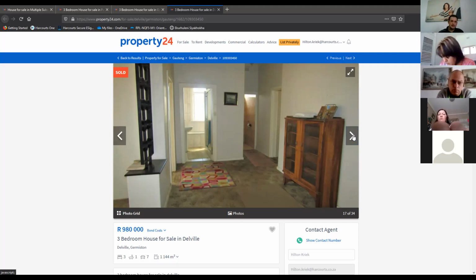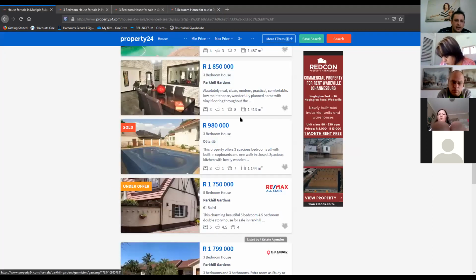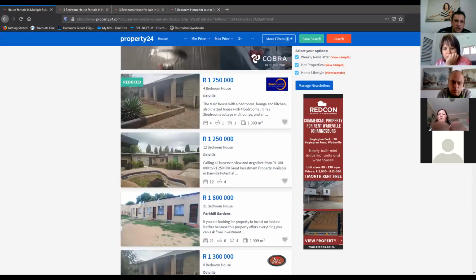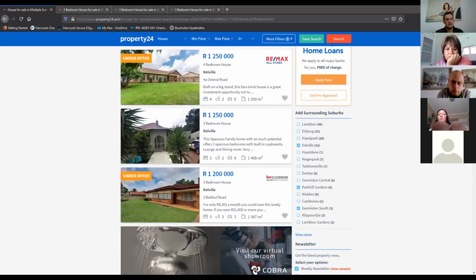Now, what you want to be doing is selecting 2 or 3 other properties as well. So let's say the average sales price in the area is 1.3 million rand. You want to get a couple of properties in that area. You want to show them what does a property listed at 1.1 to 1.2 million rand look like, and what does it have to offer? What does a property at 1.3 to 1.4 million rand look like, and what does it offer? What does a property between 1.5 and 1.6 look like, and what does it have to offer?